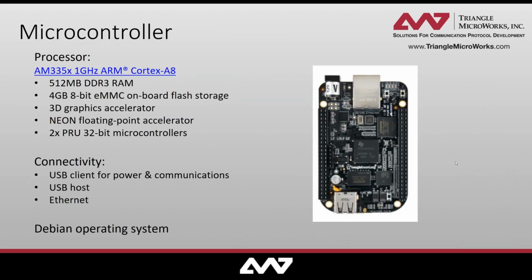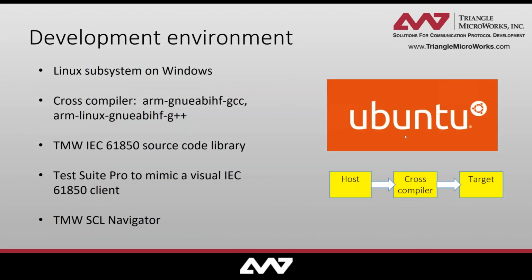For this setup, we will be using a Beagle microcontroller, which we chose because it has a similar form factor and compute power as a lot of the PV inverter controllers that are available. And our development environment basically consists of a Linux subsystem on Windows. We'll be using a Linux host. We will also need a cross compiler and a GCC compiler if you want to compile for the host, and cross compiler if you want to compile for the BeagleBoard target.